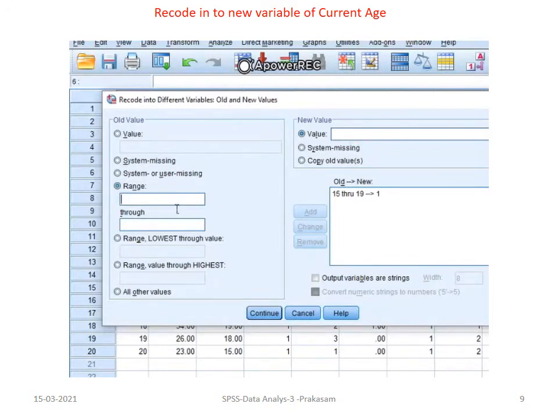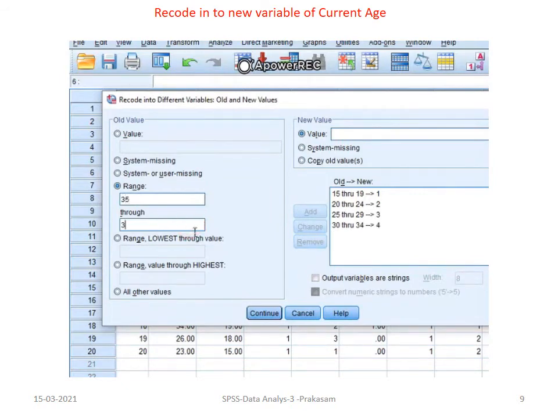Then 20 to 24, I will transfer into code 2, then add it. 25 to 29, I will add as 3, and 30 to 34, add it here as code value 4.